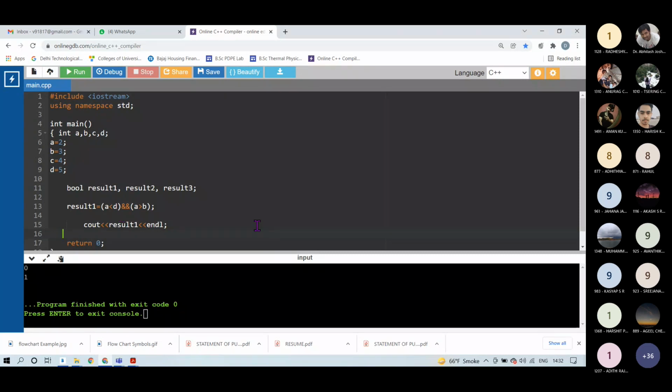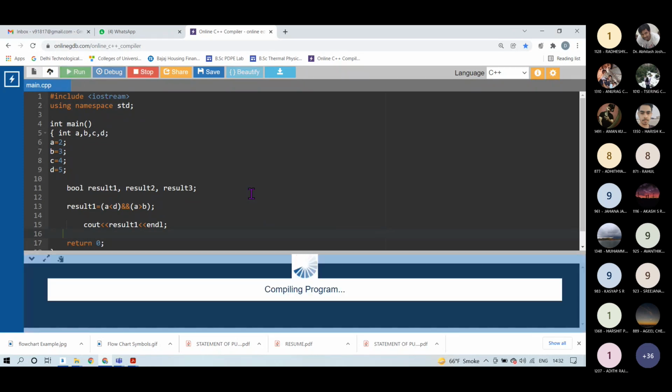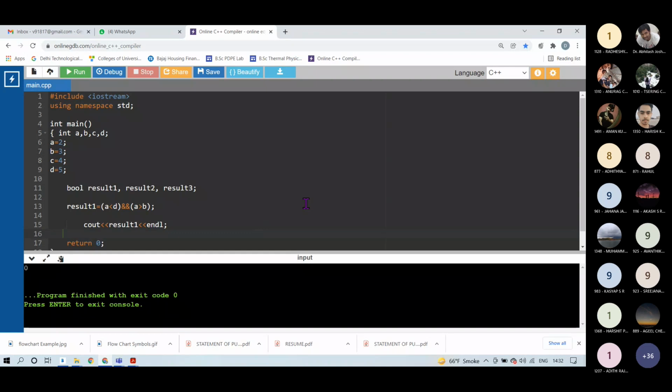The second expression is A greater than B, which is false. So I am operating the AND operation on a true and a false statement, so the answer should be false. So result 1 should carry only the 0 value. Yes, result 1 is carrying 0.